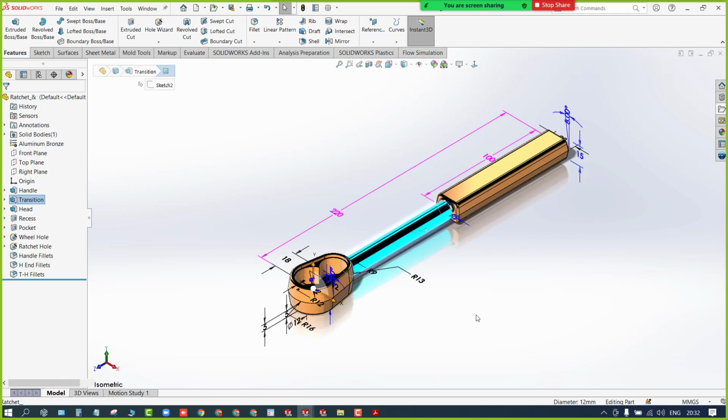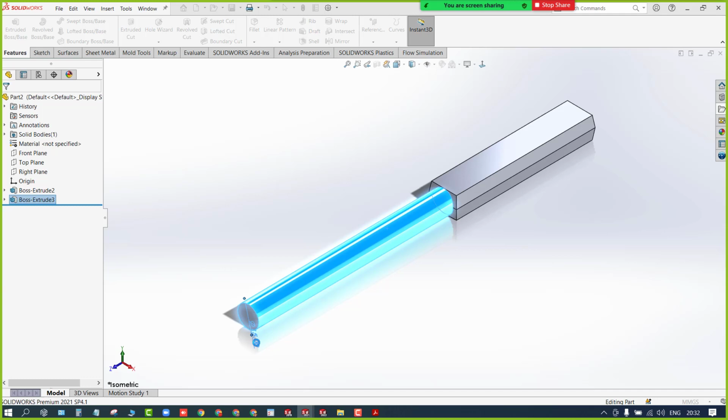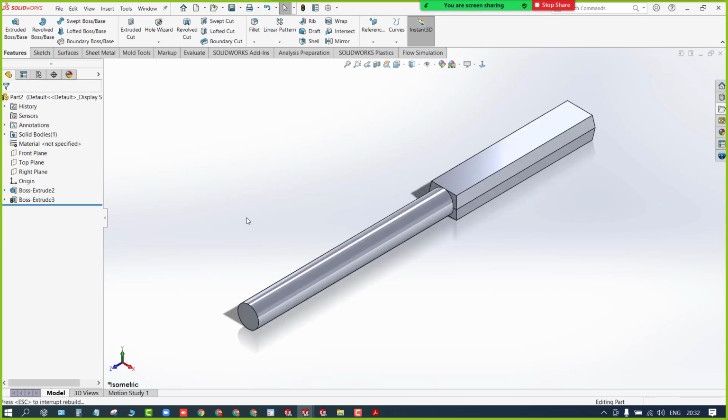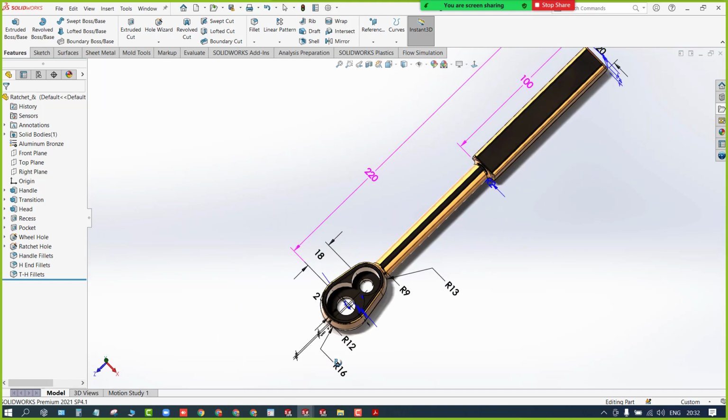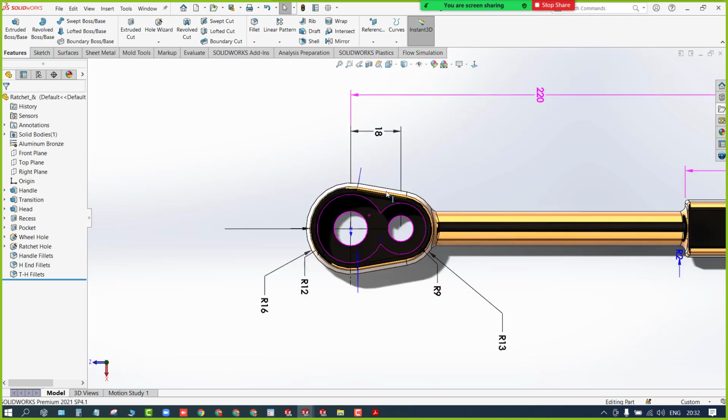The diameter should be 12, but we have defined it as 15, so I need to make the changes. Make it 12. Control K is the shortcut to update it. Remember that. Now I need to create this particular sketch. You can see these arcs they have given. You can make it normal to view so that you can understand. The diameter is 30, the radius is 13, and this one is 16 and 18.